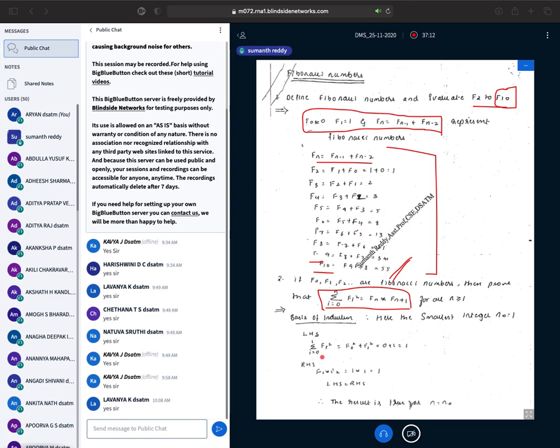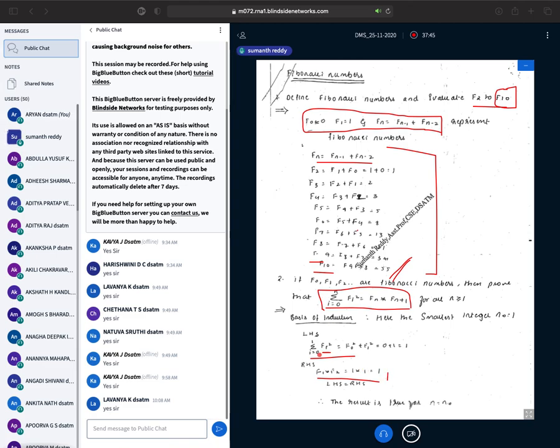So this will be equal to summation of i equal to 0 to 1, Fi square. This will be the same. This is not F1, this is Fi. That is equal to F0 into F of, F1 into F of 1 plus 1. So this is the expansion he has given. Here the RHS will be, if I replace n with 1, F1 into F of 1 plus 1. That is F1 into F2. The F1 value we already know is 1, the F2 value is again 1, so it will be 1 only.